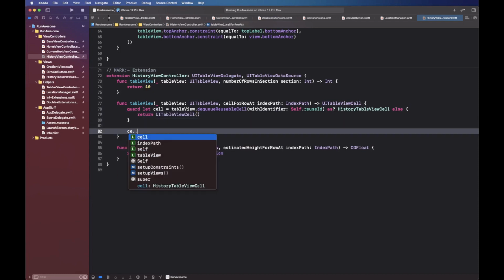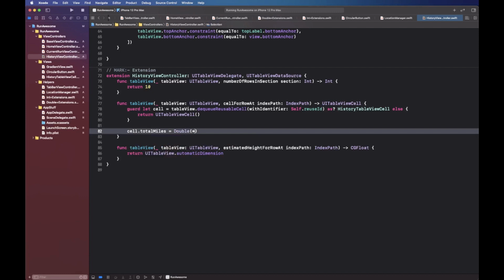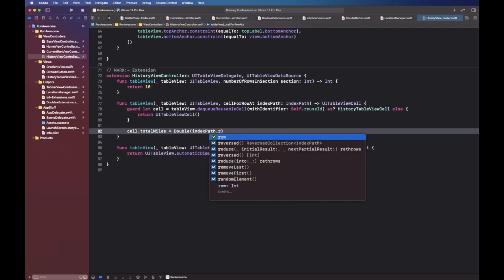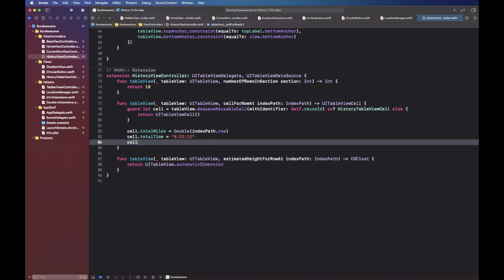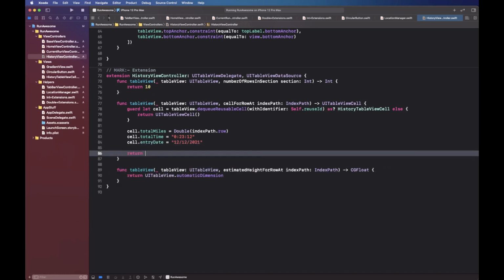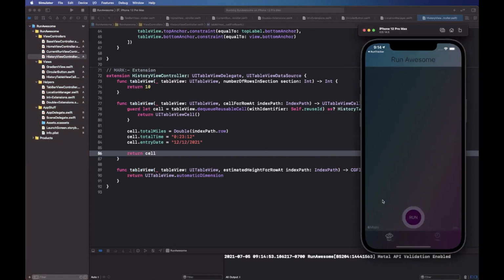Now we actually are getting the total miles. So we're going to simply take our indexPath.row and convert that into a double. That will give us just some placeholder data that we can put, so we can see our labels. Entry date is, okay, and return cell. So with that, let's go ahead and launch this, and what we should see is basically